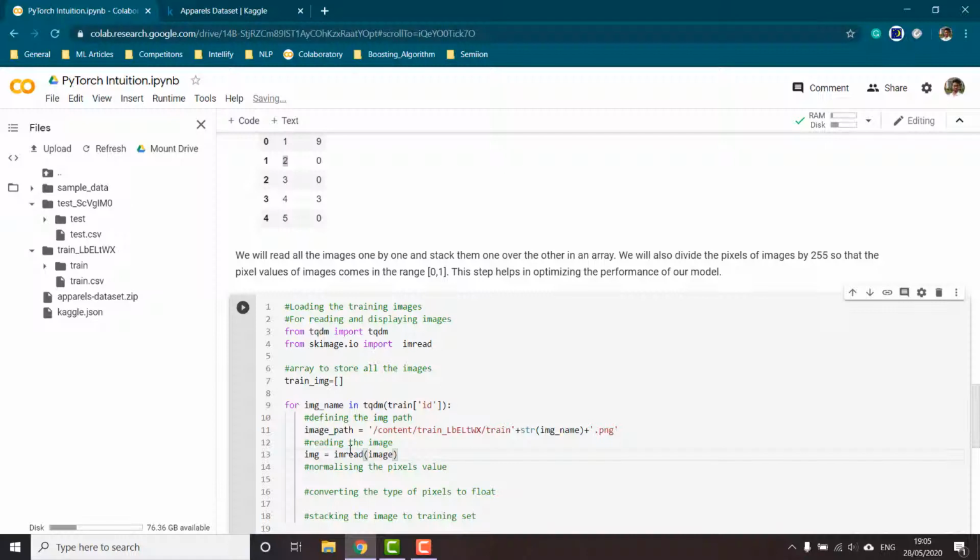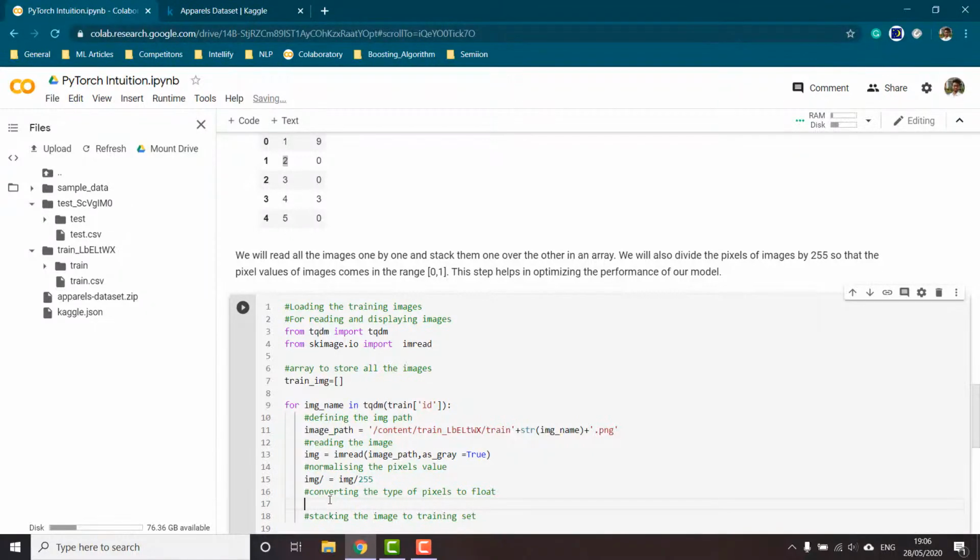Then I am going to define the path, which is image path, and then I am going to get these images as black and white, so as_gray equal to True, that is, I am going to grayscale all our images. Next we are going to normalize our pixels. For normalizing, image is equal to image divided by 255, so this would normalize our images.